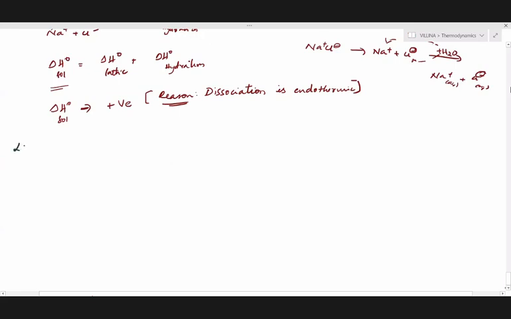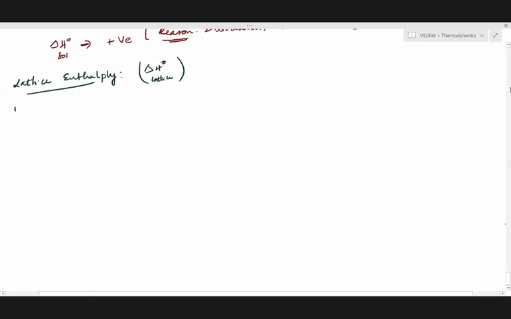Just now I told you lattice enthalpy. So try to define again what is lattice enthalpy, delta H naught lattice. Anyone, what is lattice enthalpy? Will it be for a covalent compound or for an ionic compound? Ionic. It will be for an ionic compound. Early in the morning, every one of you is sleepy. Why are you not answering?